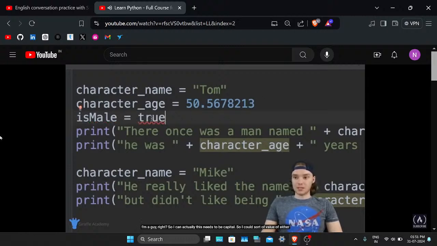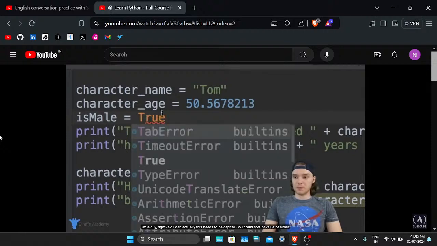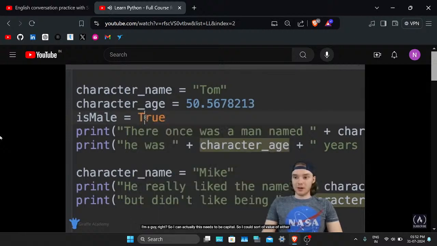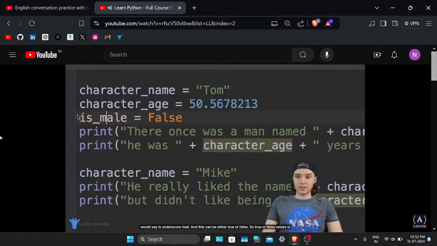So actually this needs to be capital. So I could store a value of either True or False. And actually, if we were naming this in Python, we'd want to use an underscore. So I would say is_male, and this can be either True or False. True or false values are maybe not something that you're used to dealing with in the real world, but in programming, we're gonna be using true or false values all the time.